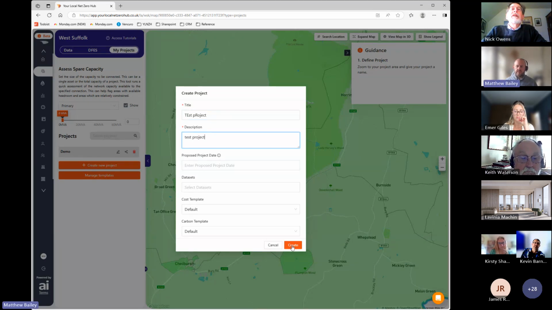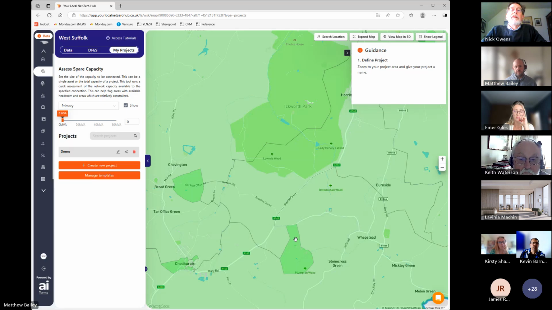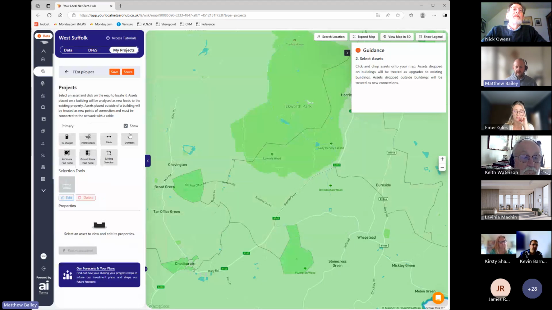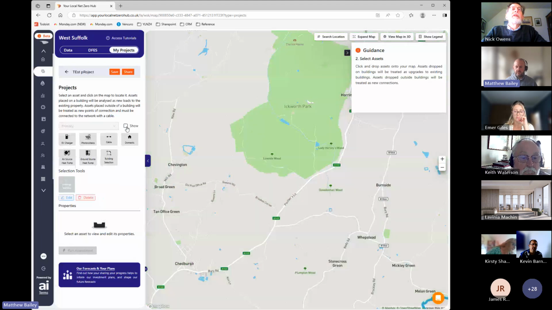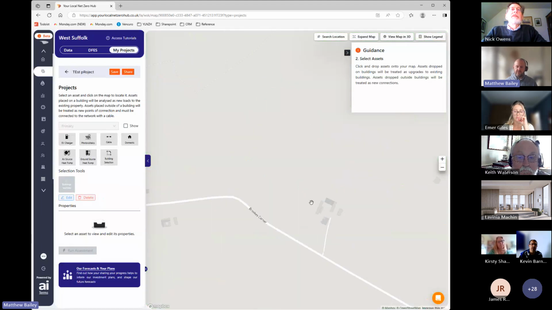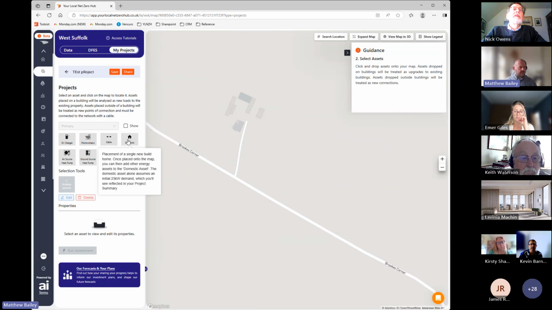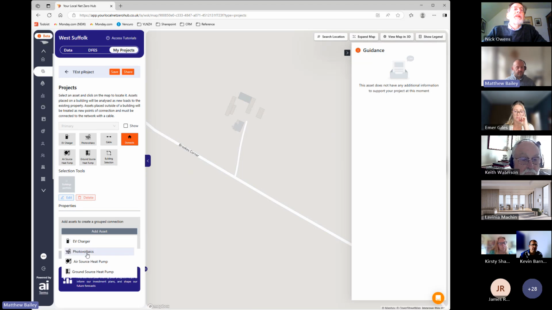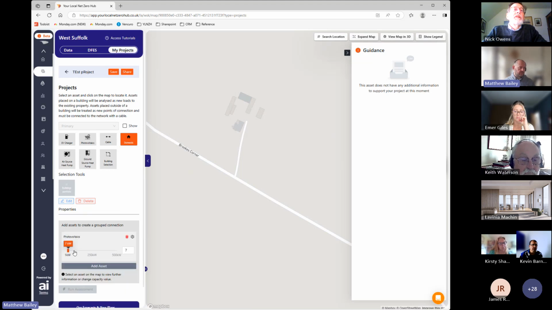If I create a project in here, and say if I was looking at a new housing development, and it's probably not the best area to do it in, but anyway, I can use domestic, which basically means you're placing in a new domestic building, so a house. This will assume a basic 23 kilowatt demand, but you can also add assets to it. So you can say, well, actually, I'm placing a house, but I know for a fact it's going to have PV panels, and you can decide the size of those panels and then place that on the map. It doesn't do batteries yet,